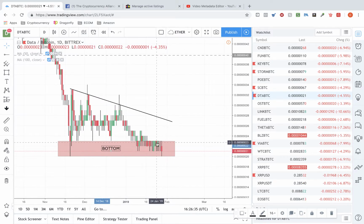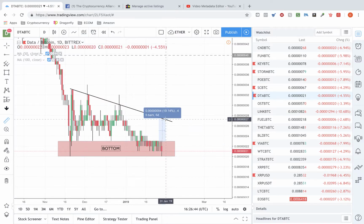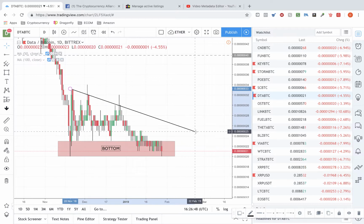This is a good area to maybe take an entry right in here. You wouldn't have much of a stop loss. Your stop loss could be down in here somewhere. And you can see some nice upside action. You know, a 20% run to the top side of this triangle here, or this wedge that it's trying to break